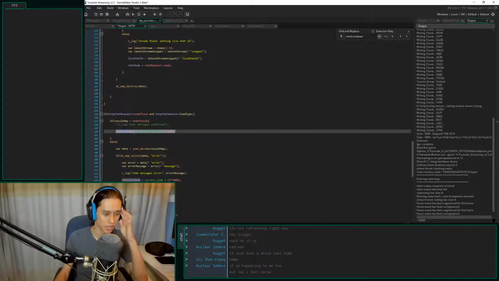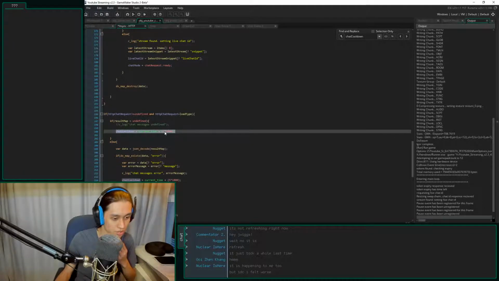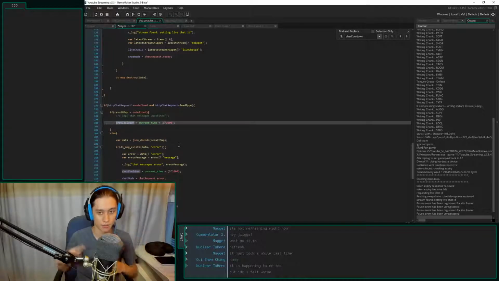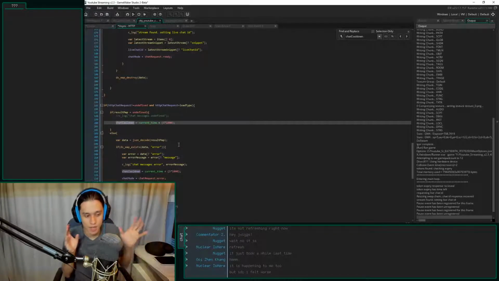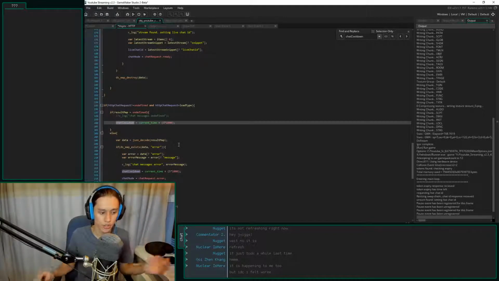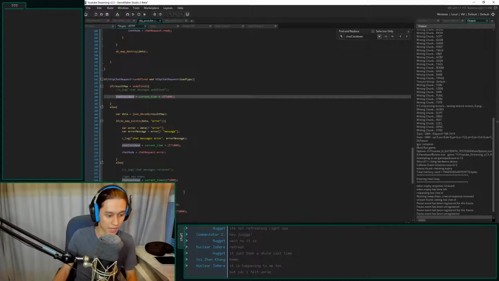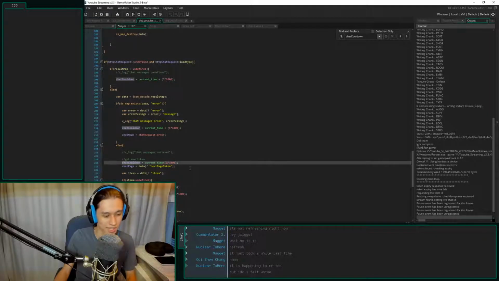Because actually, YouTube is supposed to give me a certain time. Basically, every time I send a request for chat messages, they tell me, hey, please wait this amount of time before sending another one. Usually it does not exceed 5 seconds, usually it's around 1 second. However, I need to get that somehow.